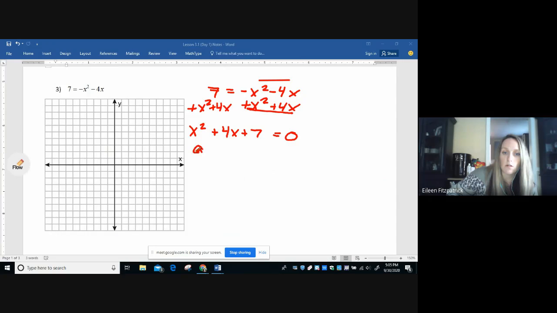So your a value is 1, means it opens up and it does not have a vertical stretch or shrink. My b value is 4. My c value, which is your y-intercept, is 7. Okay. Your vertex, you can find x equals,